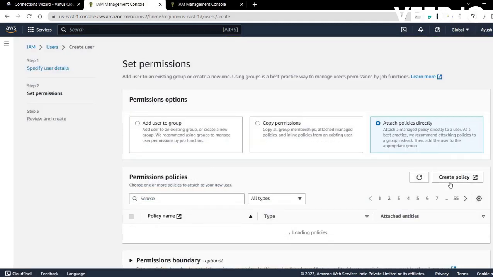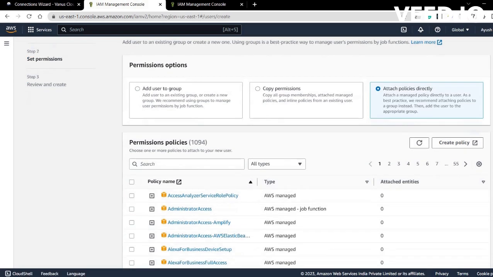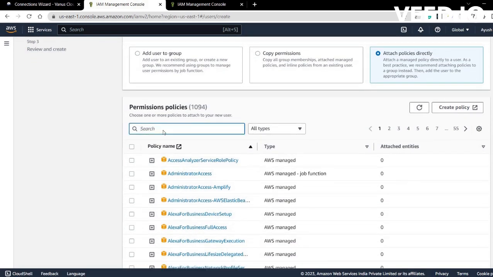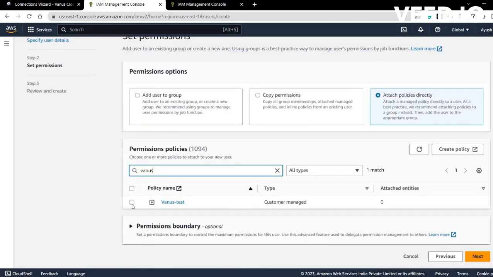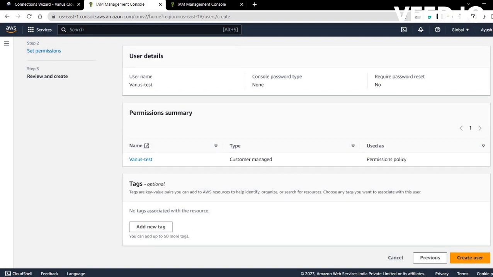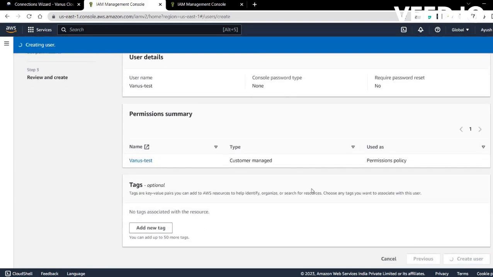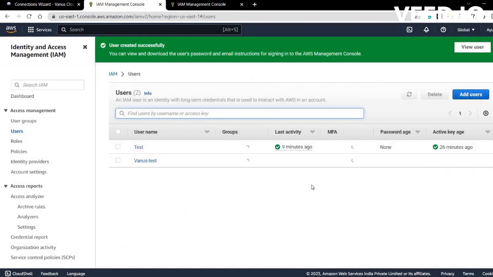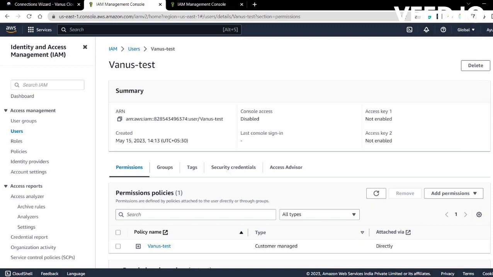Now go back to the created user and search for the policy that we have just created and add it and click on Next. And finally click on Create User. Now open the created user, click on it